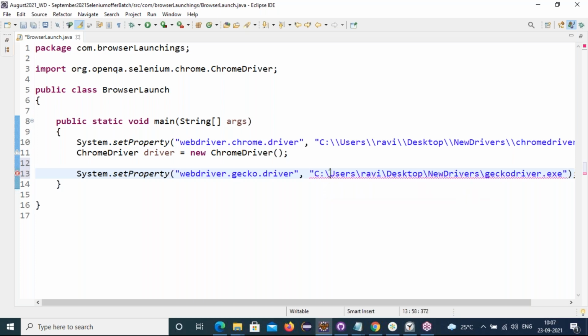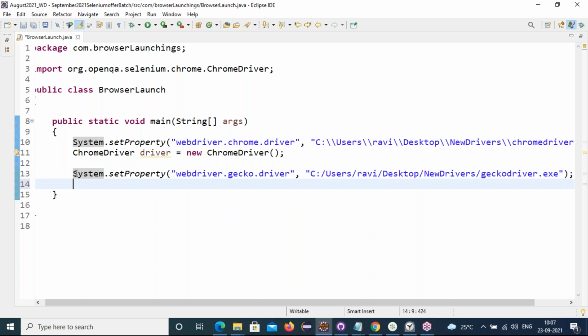Forward slash. So instead of this, we can use a double slash or a single forward slash. Either approach is valid syntax. Now we have set up the Firefox browser drivers.